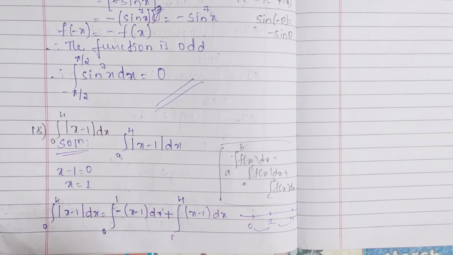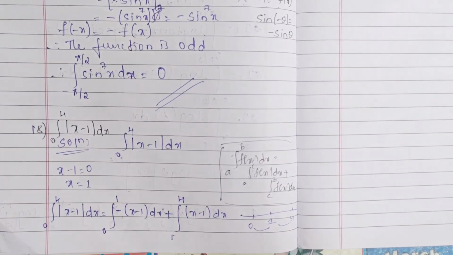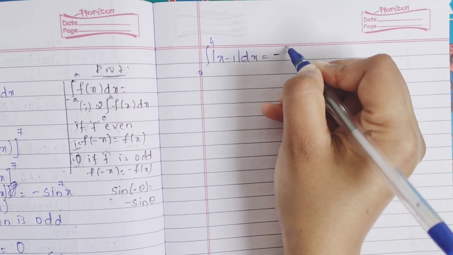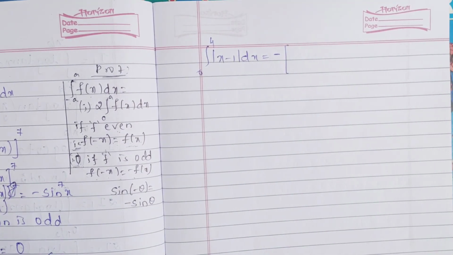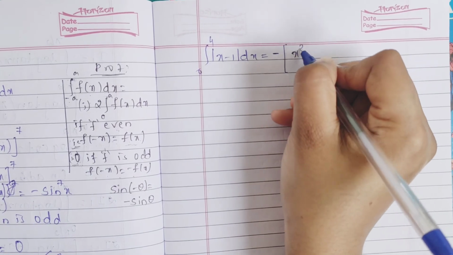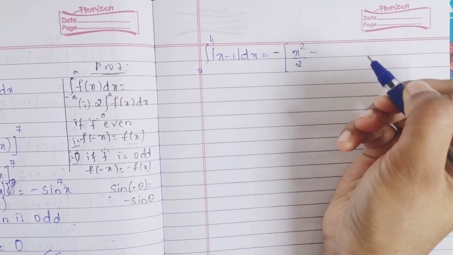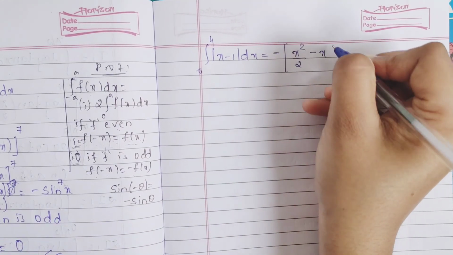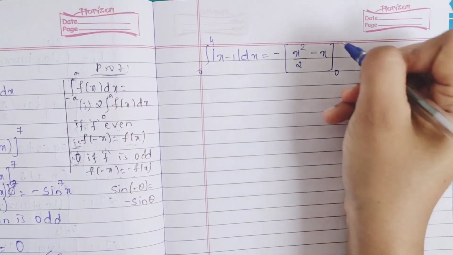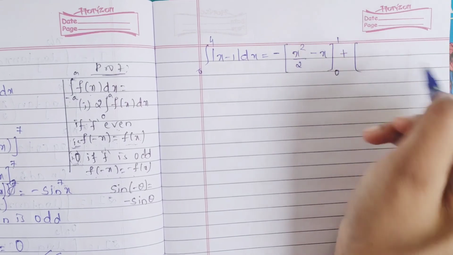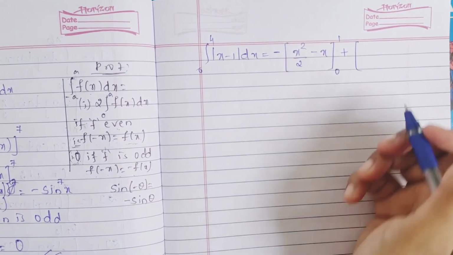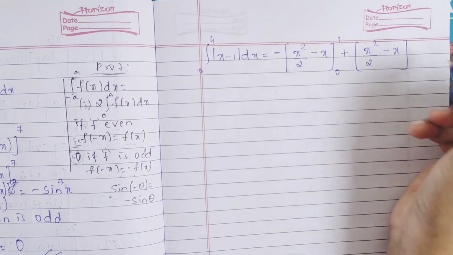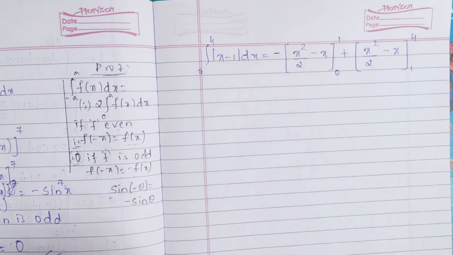Now do the integration. Doing integration, minus sign you keep outside, inside x integration is x square by 2, again minus 1 you had, so minus 1 with respect to dx is x, and you have limits from 0 to 1, plus x you had, that becomes x square by 2, and here also minus x from 1 to 4, right? These two you had got.